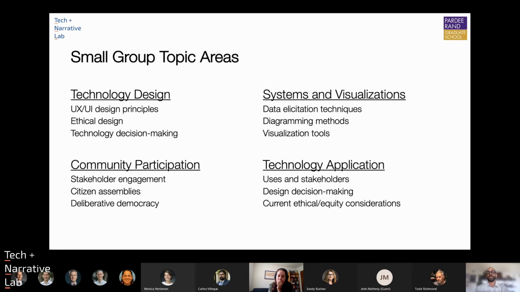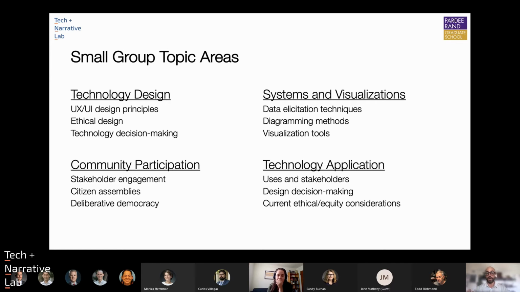So we divided the team up into 4 different small groups, and each have a key part in the EIEX methodology. So there's folks that are looking at technology design and the traditional UI UX principles. There's folks that are experts in community participation and partnership, that really understand how to do stakeholder engagement, how we would actually inform stakeholders about different technologies and really get input from those stakeholders